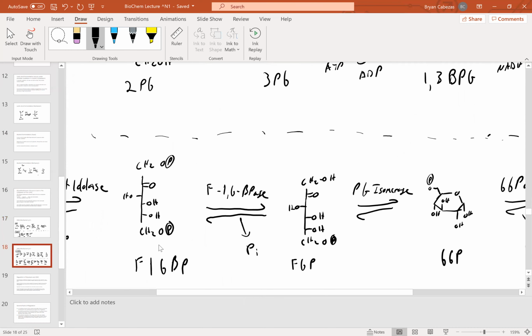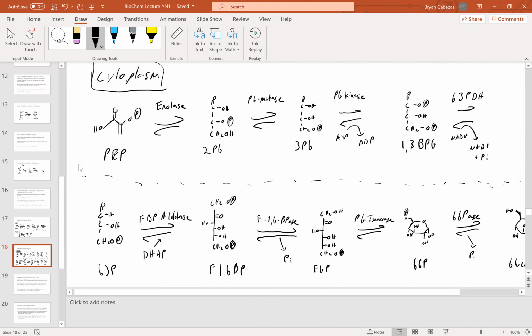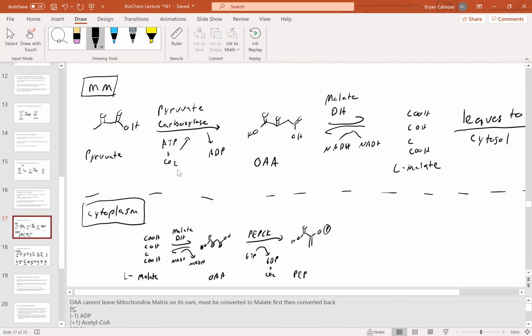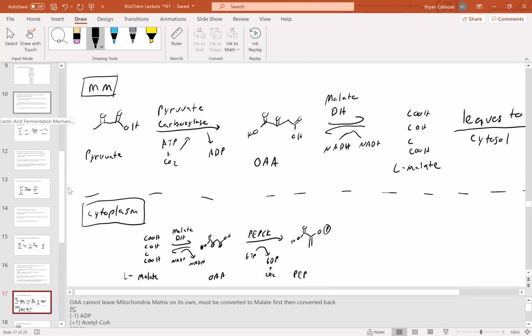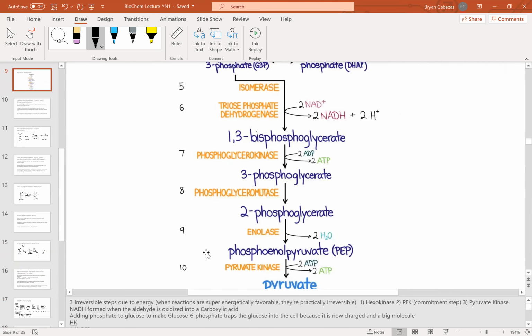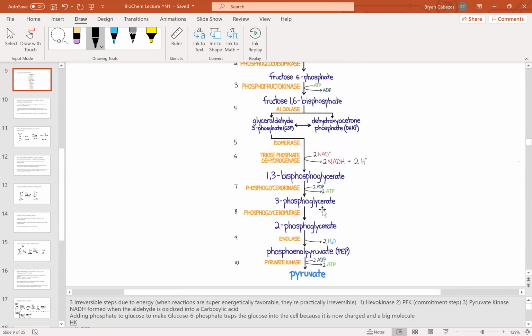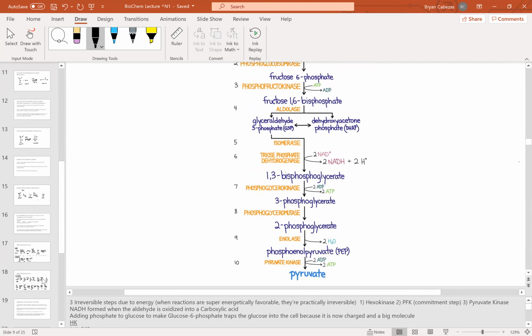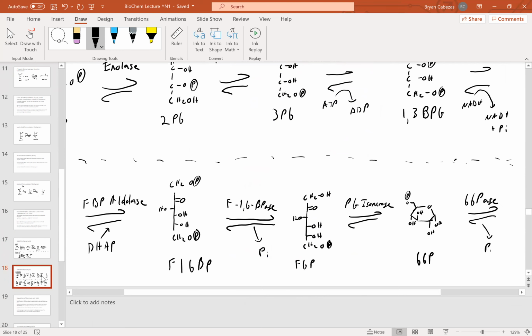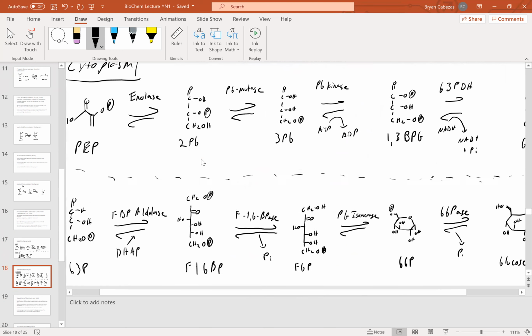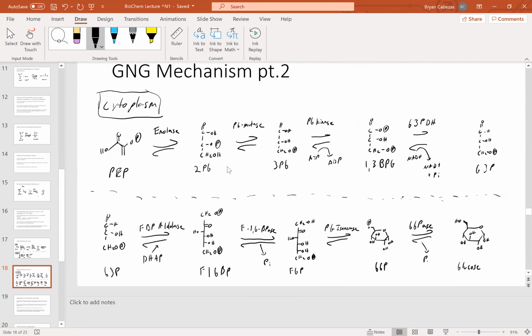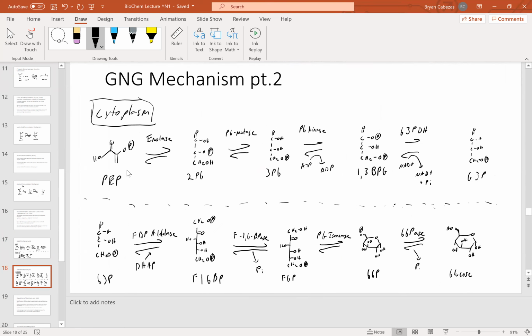Okay, and next, the names of these molecules are found in glycolysis, and that's why they're all abbreviated here. Phosphoenolpyruvate is the name of this molecule. Phosphoenolpyruvate, that's also found over here, right? PEP. So if you ever wonder what that name is again, all of the names are here. That's why I have it abbreviated in the gluconeogenesis pathway, because it's a rather long pathway, and I didn't want to write all the names and get it cluttered. Okay, so we have the PEP, or phosphoenolpyruvate, come in and now interact with the enolase enzyme.